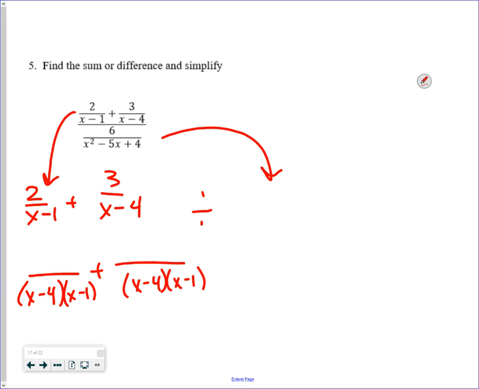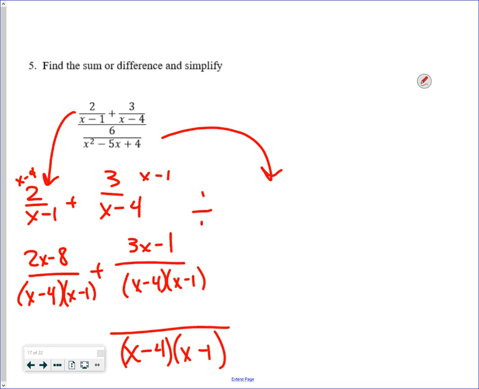The first one, the one on the left, needs to be multiplied by an x minus 4. The one on the right needs to get multiplied by an x minus 1. And so then I'm left with x minus 4, x minus 1 over 5x minus 9. So that is the answer to the